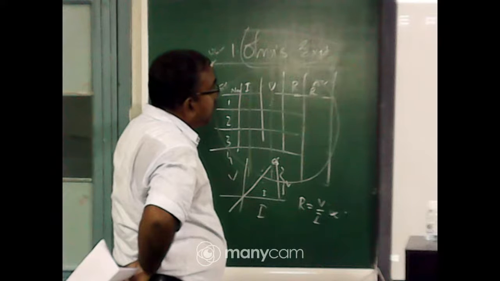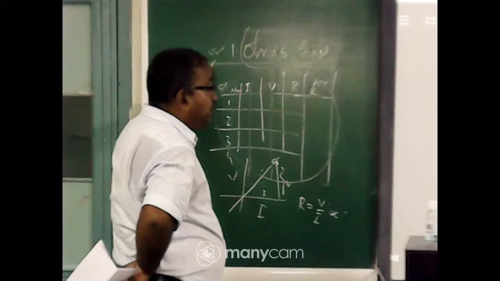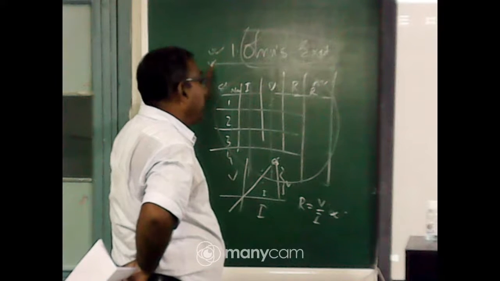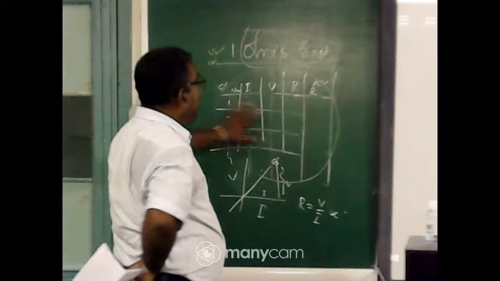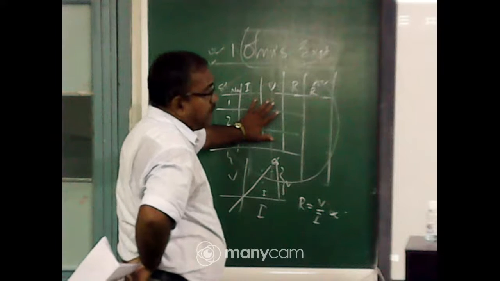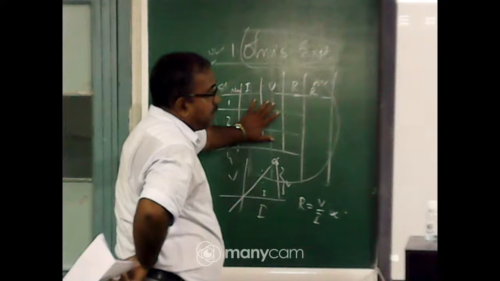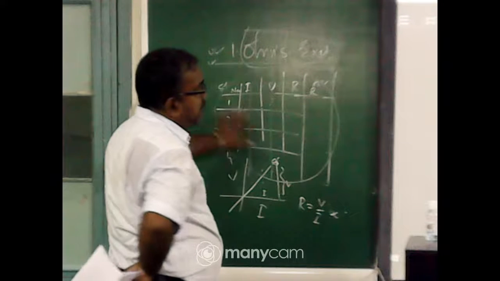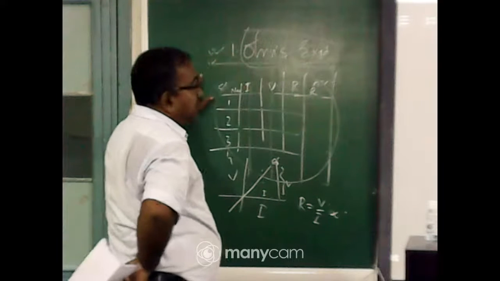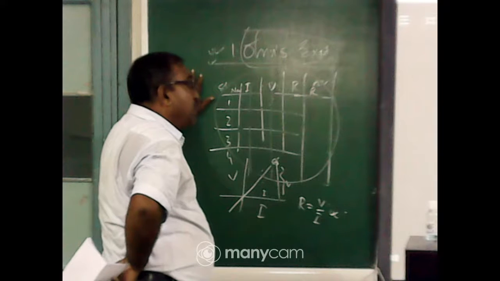That time you will be more tense. So before it, you note only the rest of the parts except the observation table data. Am I clear? Except the observation table data, all the points you note in your